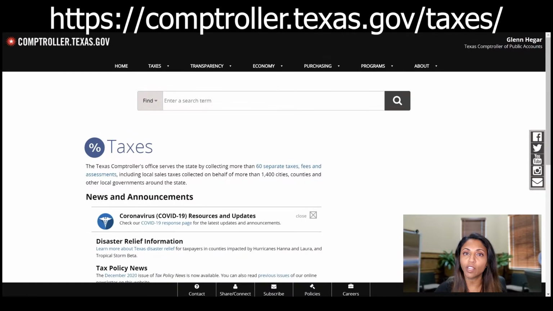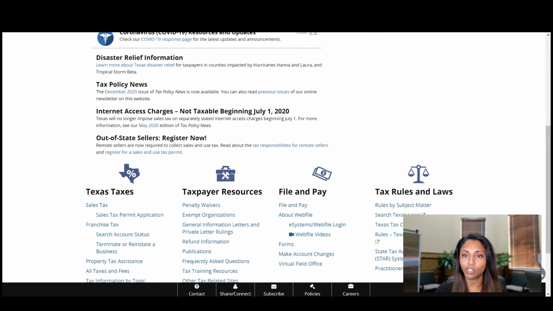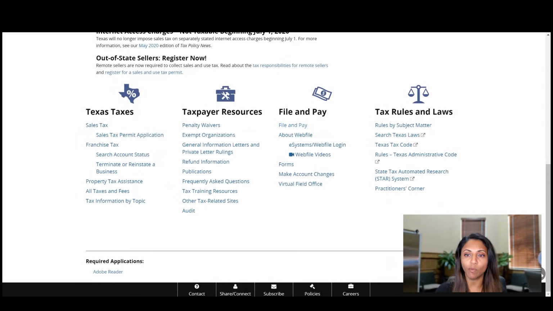If you're a first-time user trying to learn to do this on your own, where you really want to go first is this webpage at comptroller.texas.gov/taxes. You'll scroll down to the bottom here and click on this eSystem Webfile login. That's not true. Actually, if you're a first-timer, what you're going to do is